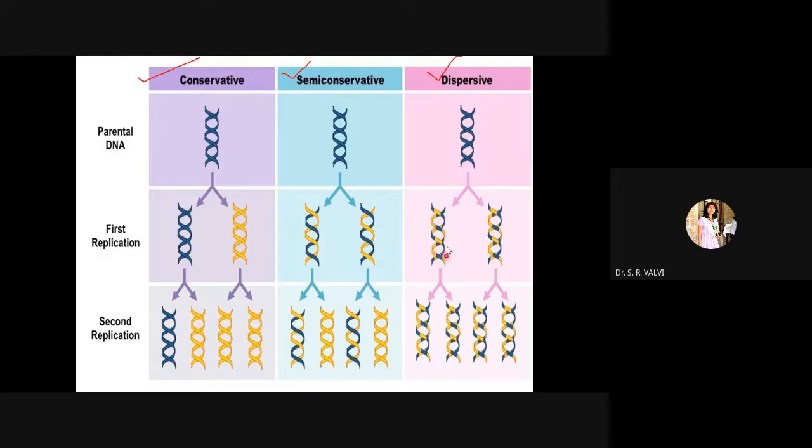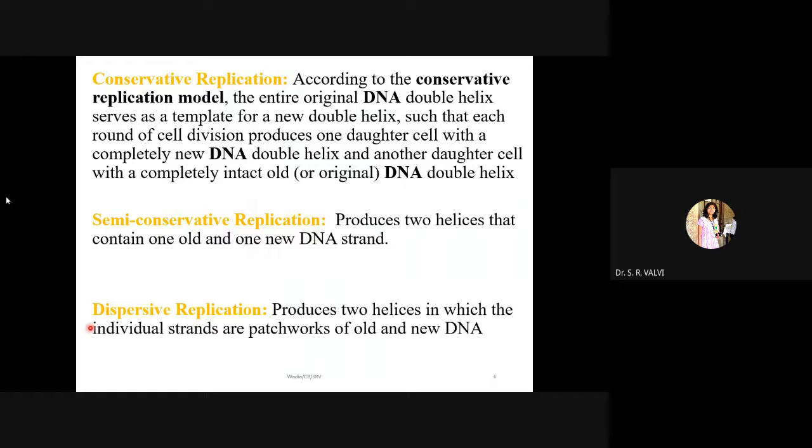You can just look at these diagrams here. A similar kind of replication is going to occur in the second replication, right? In a patch-like manner, joined together, just like that, we are observing this type of replication, and hence this is called what? Dispersive type of replication. It means it looks like it is dispersed, right? And hence this type of replication is called dispersive type of replication. Now again, in the writing pattern, I have mentioned all these things.